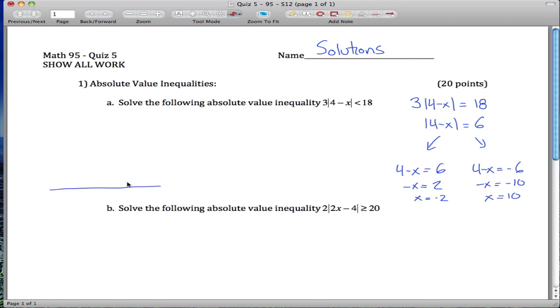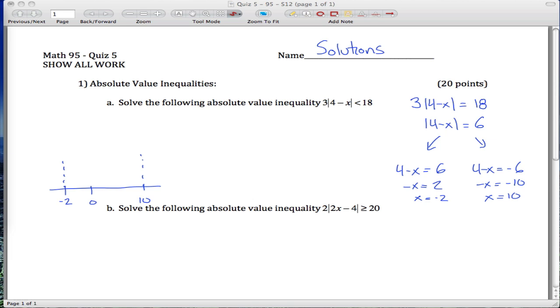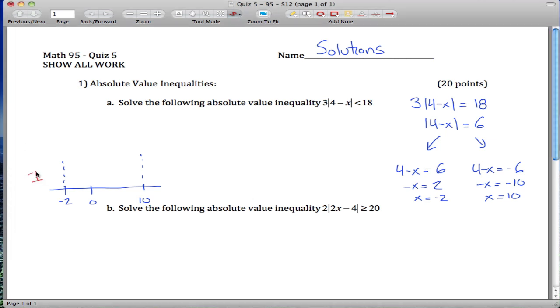So what we get are three regions. The boundaries of the regions are negative 2 and 10, our solutions from over here. And so our three regions, one of them's over here, one of them's in here, and one of them's out here. And what we have to do is test numbers from each of these regions to see if they satisfy these inequalities. So a number from this region, a number that's less than negative 2,